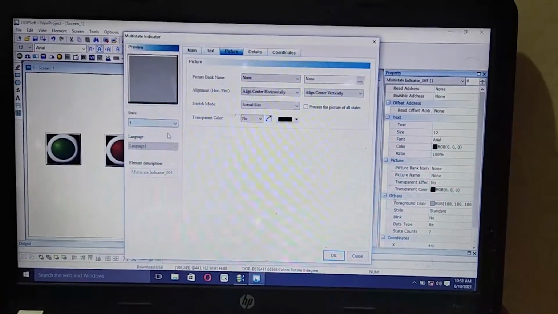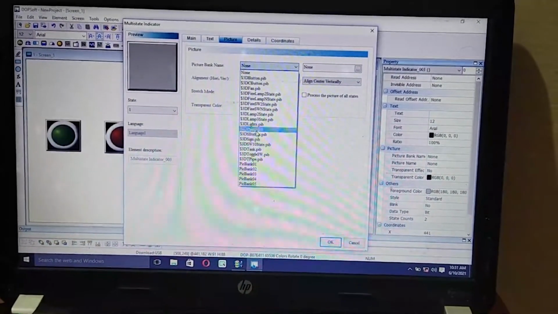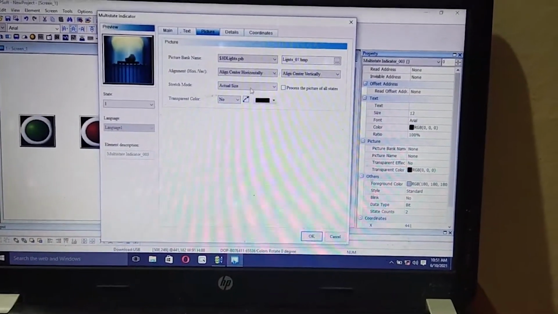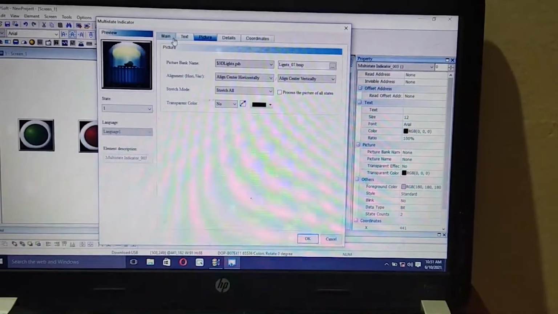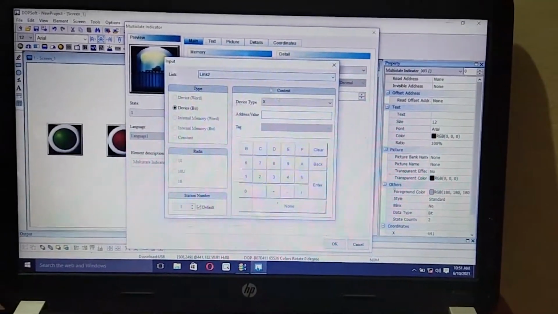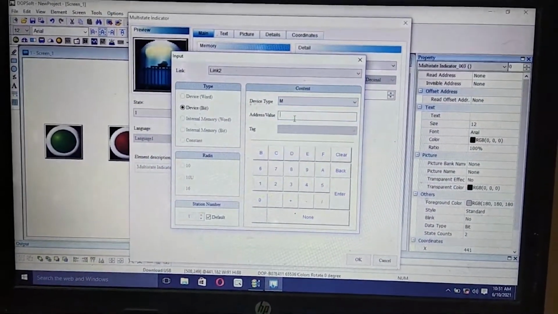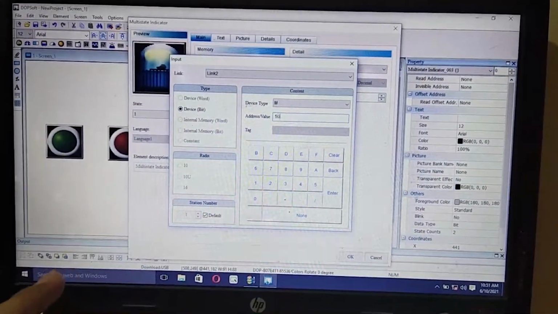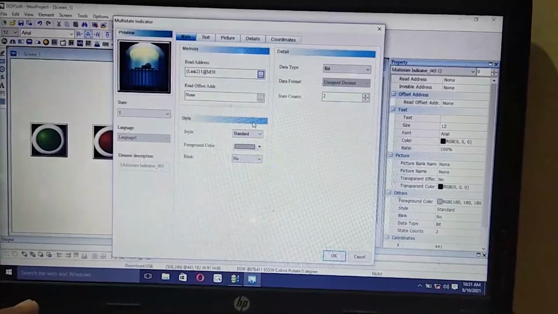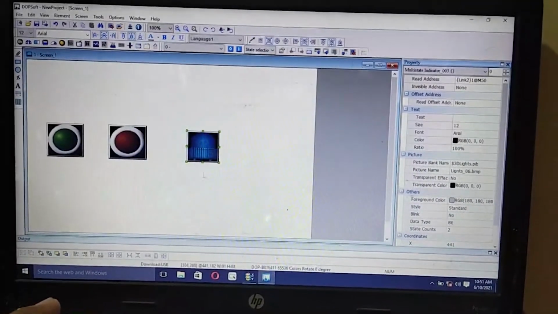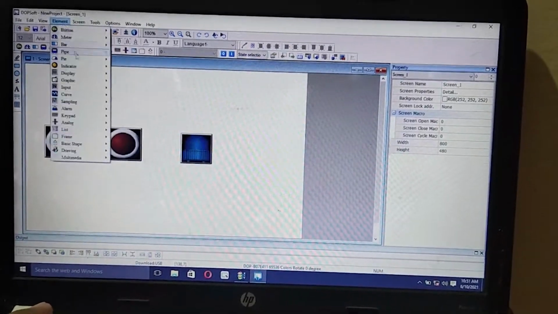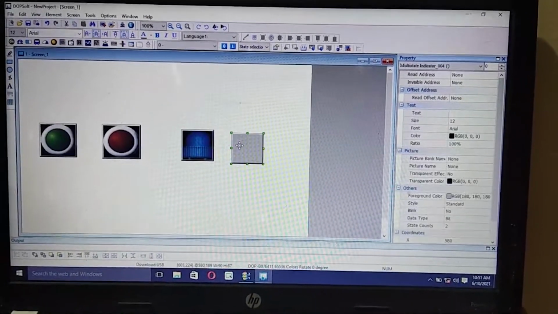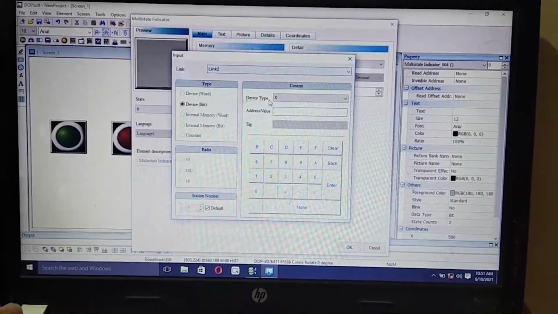For the on condition, I picture it in glow on. Okay, this indicator, maybe I will name it as M50. Okay, the name is shown as M50, and also I need to go to another output. We'll create one. I'll name it as M60.